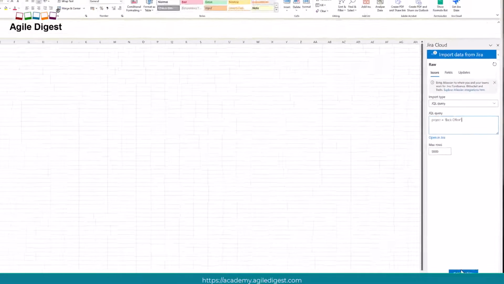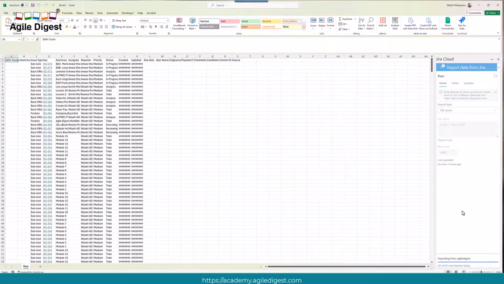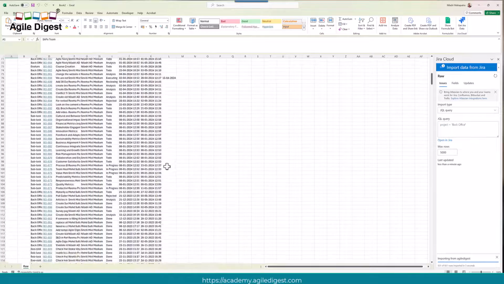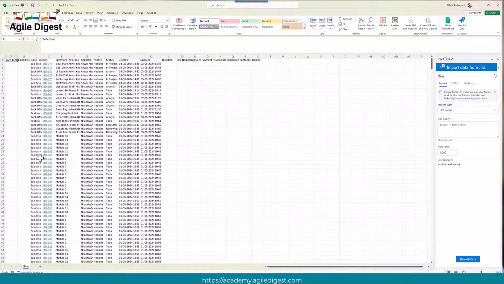But for now, in this example, I'll click on get data now. It will be fetching the data that we need. You can see all the data it has got into my Excel over here. This is all coming from there, but I realized there are some subtasks also coming up. I don't want that, so I will be adding the filter criteria, issue type